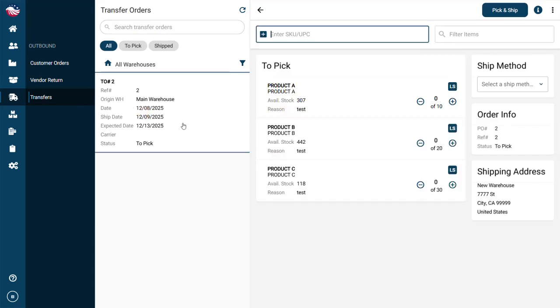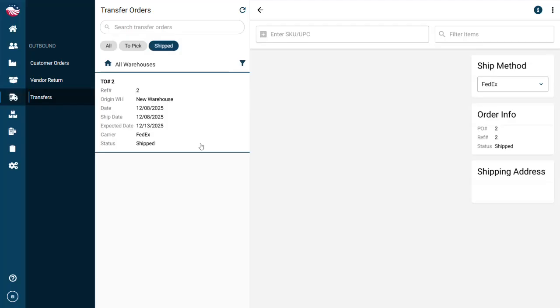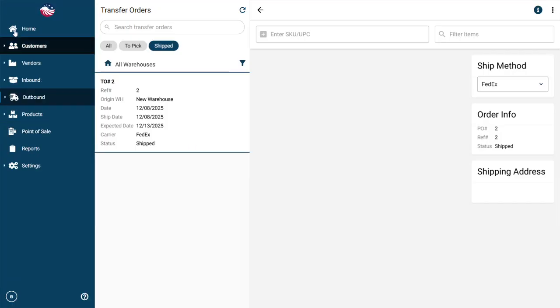Now we'll find the transfer order here, enter the quantities, or send it back to open status and cancel the transfer if needed. So from here, let's enter the quantities and then click Pick and Ship. After shipping out the products from the source location, we want to receive them in the receiving location. So we'll find it under Inbound,